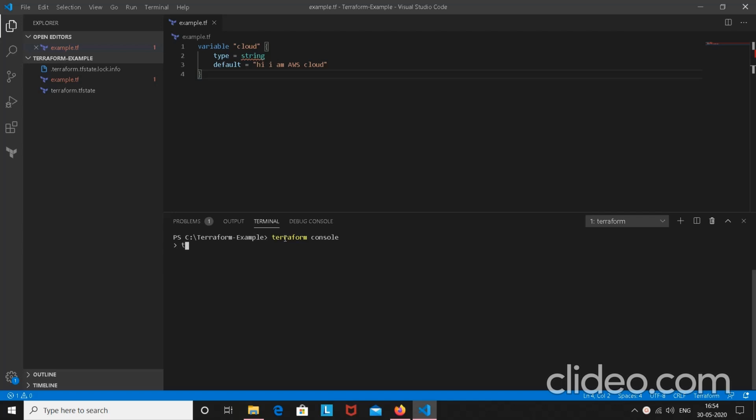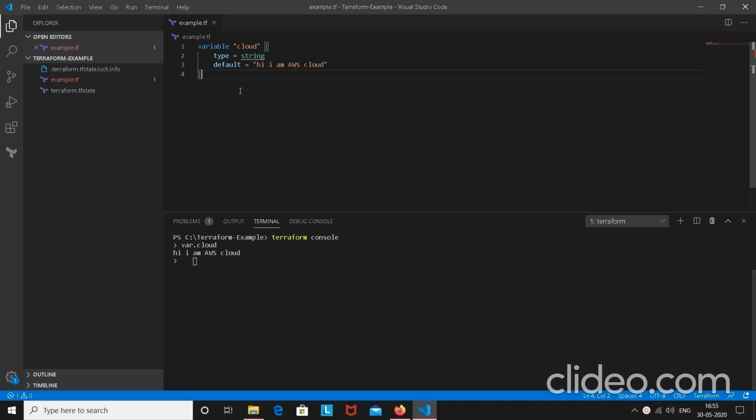Here I need to call the variable cloud. For calling that variable, I have to use var dot and the name of the variable. In my case I have given the variable name as cloud. So var.cloud. Yep, if you see, I am getting the value, "hi, I am AWS cloud".